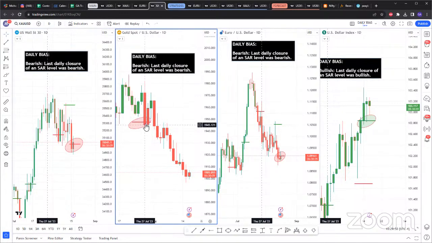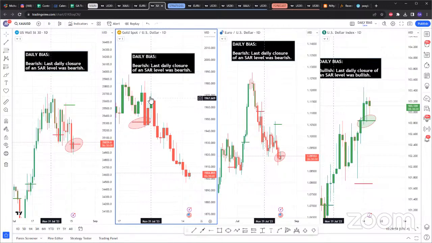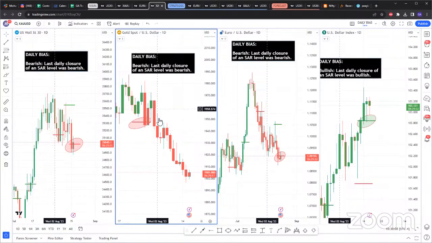Like here, yes, sells only as soon as this daily close below this sell SAR right here was good, but would you survive a 250 pip move up? For example, here, if you're just selling 5 lots, you're not going to survive that. So this would be more of a slow and steady thing.